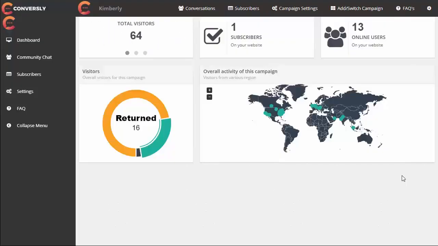Okay, I'm going to give you a quick walkthrough of Conversely. Now, I'm going to start right here in the dashboard. Here you can see the total number of visitors and also the visitors that have returned. You can also see new visitors that have come in. And then here you can see how it's graphed out, so you can just get a